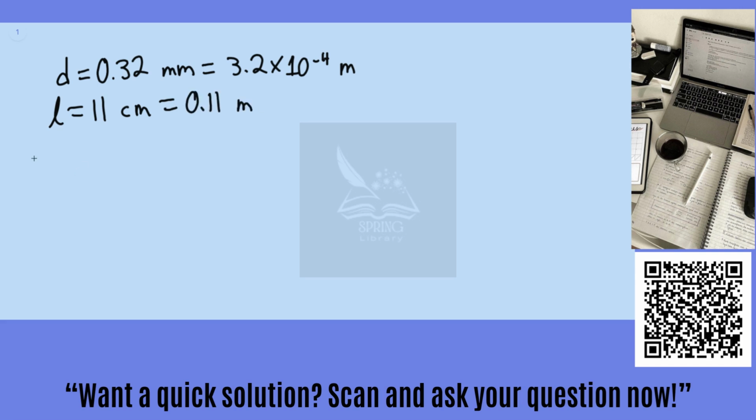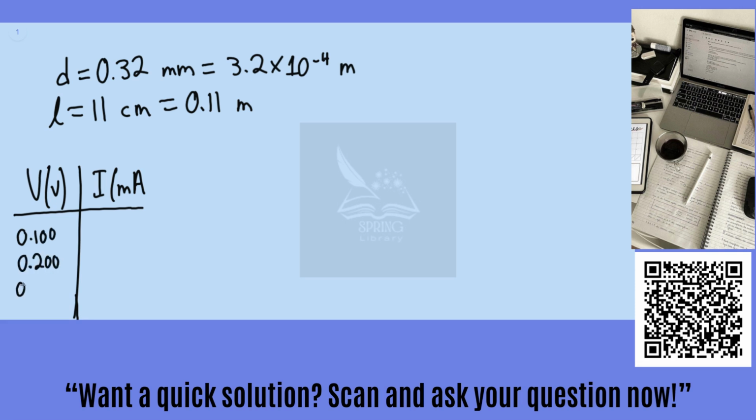So we also have a table. So we have V, and then I in milliamps, all the way to 0.5. And then here it would be 72, 142, 218, 290, and 357. So at this point, we can say if this follows Ohm's law,